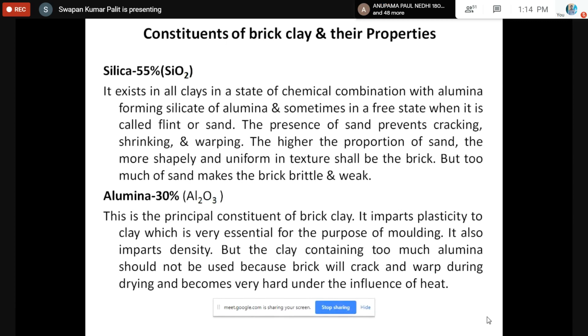So this should not be too much. That means around 30% it should be. 31% maybe also, but around 30%. If it is more than this percent, the brick will crack and warp during drying and become very hard under the influence of heat. So alumina should be 30%,